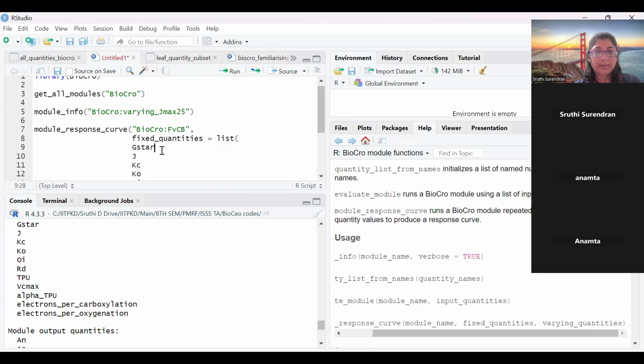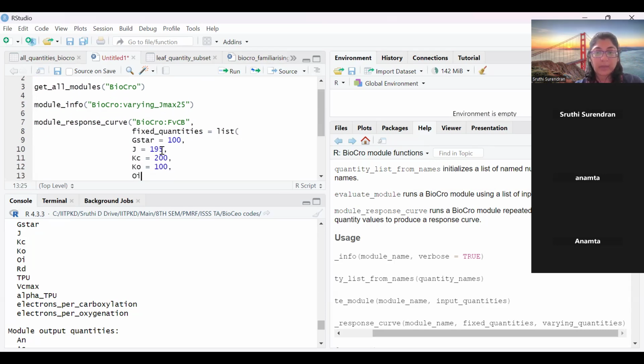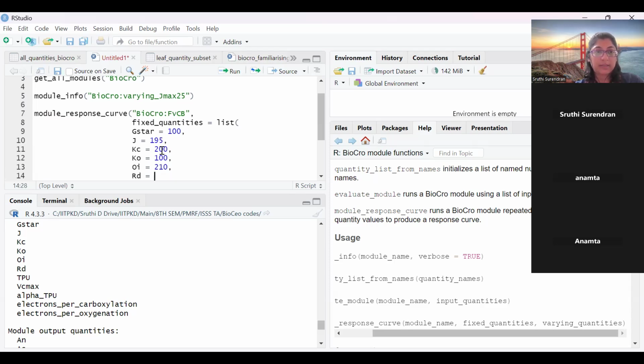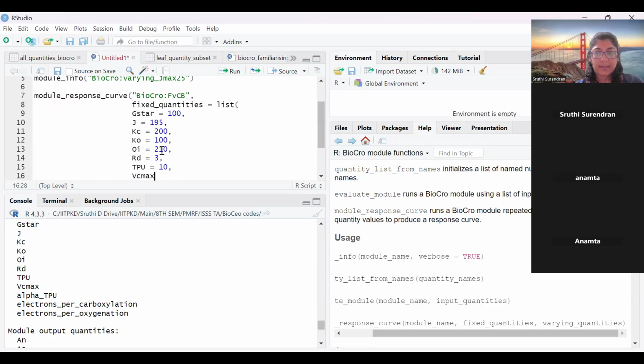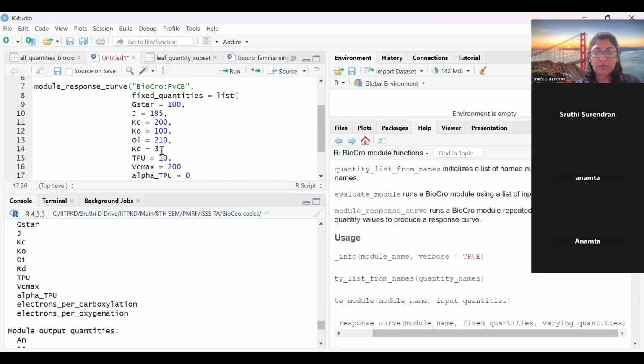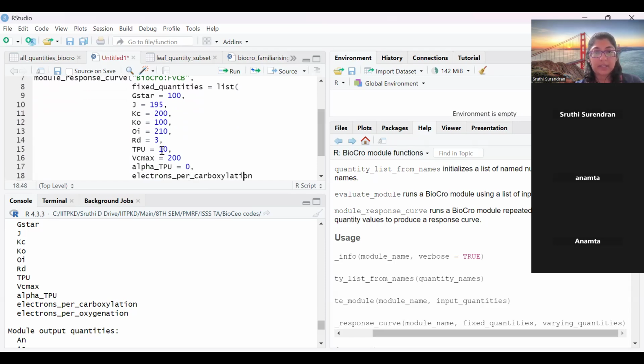Inside the list, we'll give Gstar values like 100, comma, J is equal to 195, comma, KC, the Michaelis-Menten constant, say, let's give it 200, comma, KO, let's give it 100, comma, OI is equal to the oxygen concentration, 10, RD is equal to say 3, TPU is equal to 10, and the Vcmax is equal to again 200, and alpha TPU is equal to 0, and electrons per carboxylation is a constant value of 4.5, and